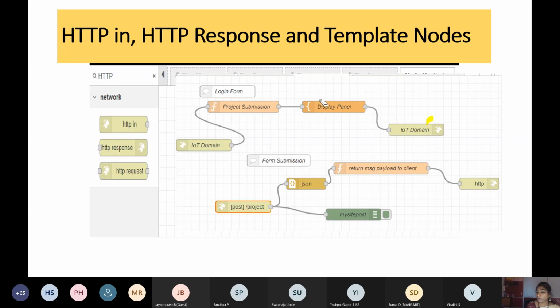In the template node, we are going to copy some of your HTML content from the website w3schools.com, and paste it here so that you can see a new website has been designed. And then we have your HTTP response node. This node we are not going to configure anything. So that's all. Our login form is done. We have completed our login form. Next we are going to work with the submission form.